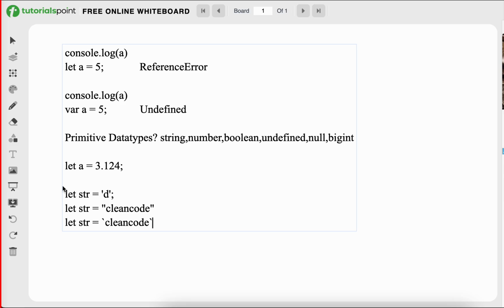What is undefined? Undefined means it has not been initialized.